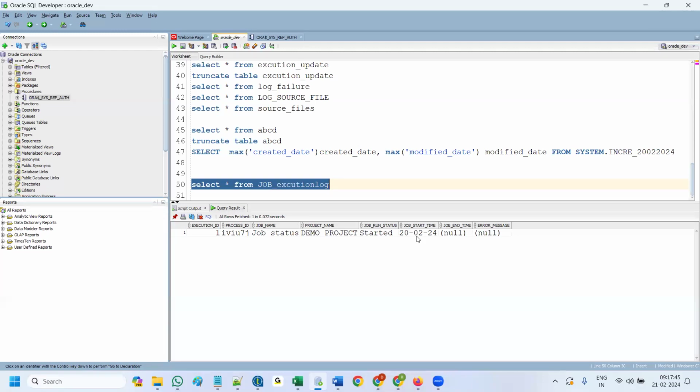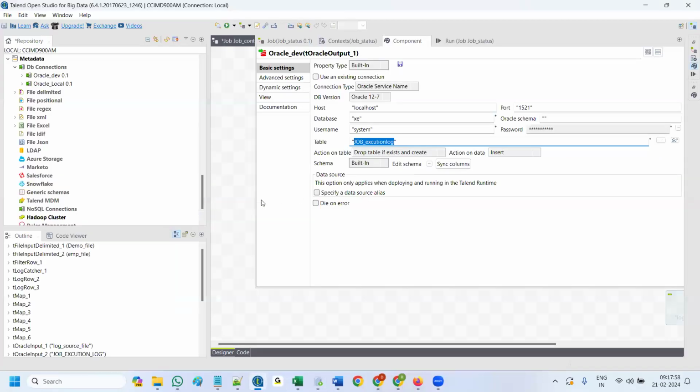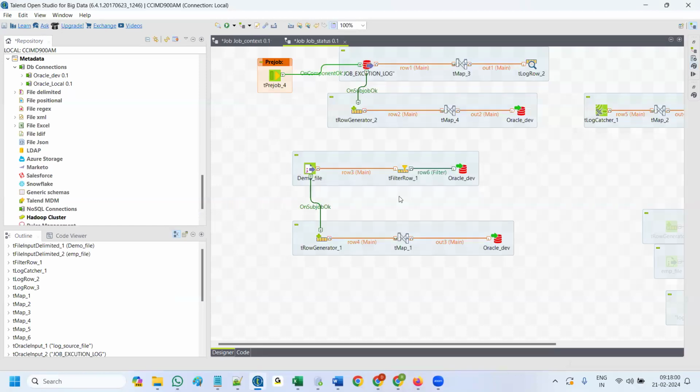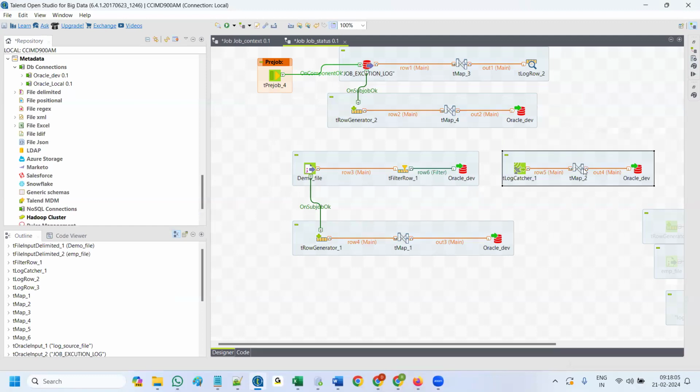Yesterday onwards, the job will be started. Whenever you execute the job multiple times, it will increase the execution IDs. Okay. Then next, what is this flow? This flow is job